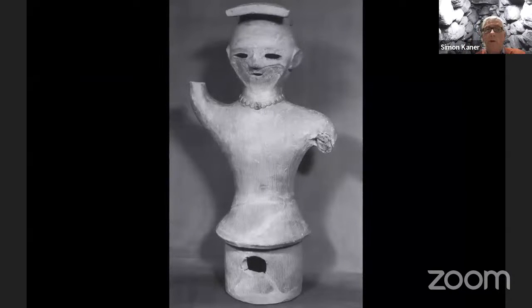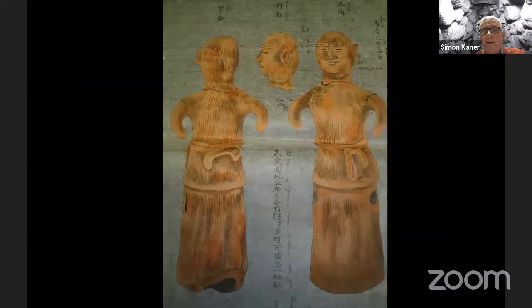And these, alongside some of the objects that Gowland was able to purchase while he was in Japan, including this famous dancing haniwa, a terracotta tomb guardian. We know that several thousand of these would have been set up around many of these tombs, and this now graces the steps up to the Japanese galleries. All of these form the basis of the Gowland collection, and in the paper archive that Gowland brought back with him, there are some rather wonderful illustrations of these pieces prior to Gowland purchasing them.